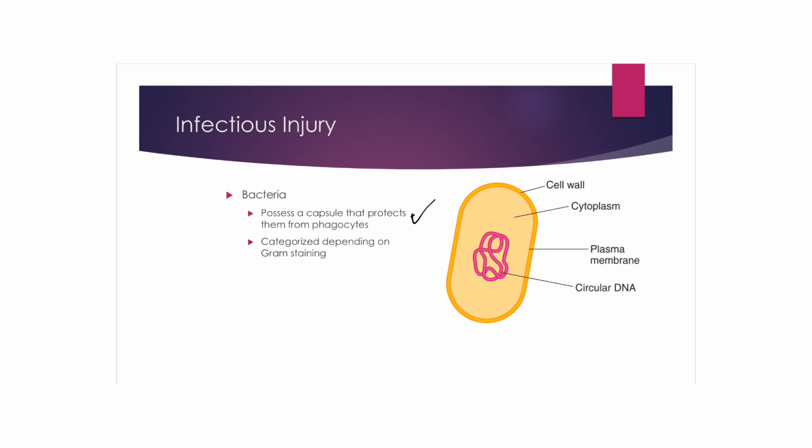It also is categorized depending on gram staining. So one of the first things they do in the hospital when you bring in a patient that may have an infection is they draw blood for blood cultures, and they'll do different staining processes and see if it's a gram positive or negative type of bacteria, and try to identify exactly what this person is infected with so they can treat them appropriately. Obviously, some things cause more alarm, and that patient needs to be confined, and some things require certain antibiotics to treat them.